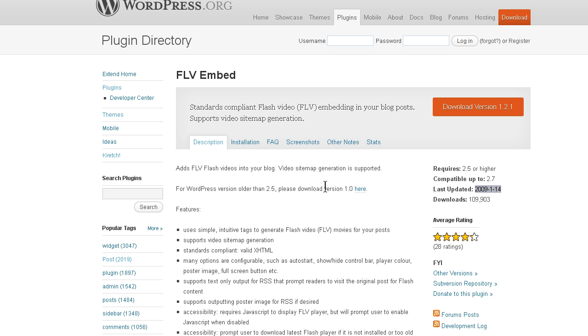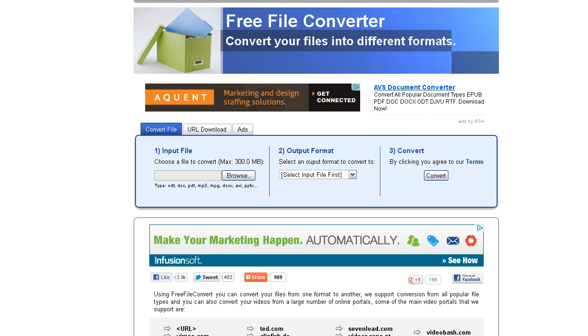So FLV Embed. Now, the other thing about it, because it's an old plugin, is that just as the name implies, it only works with FLV formatted video files. So if you do not have that, one of the things you want to check is if your video editing software will allow you to create an FLV file, and if it does, then you're set. If it does not, and maybe it only does MP4s or MOVs or WMVs, anything but FLV, then you want to take the output, the file you got after you rendered everything down, and go to a site called